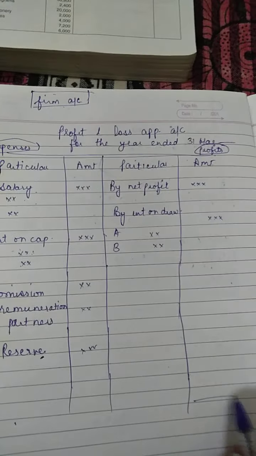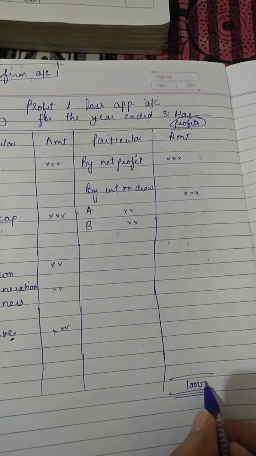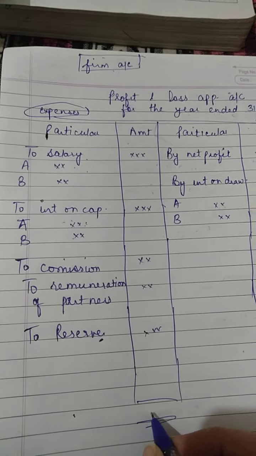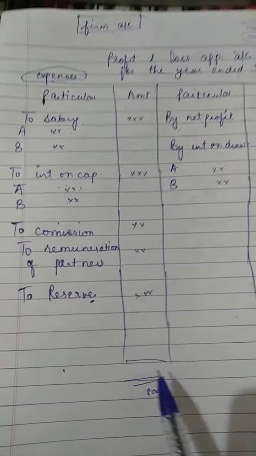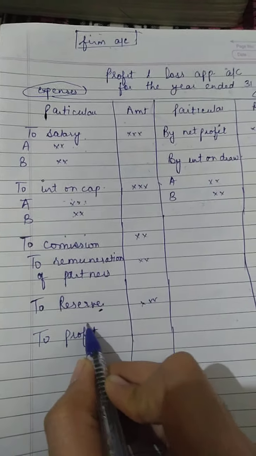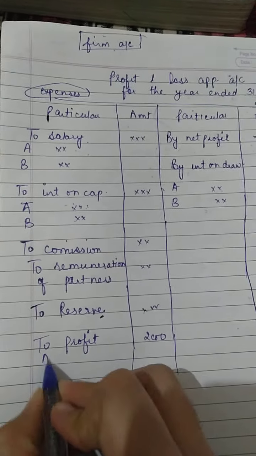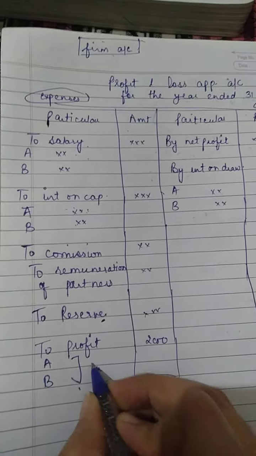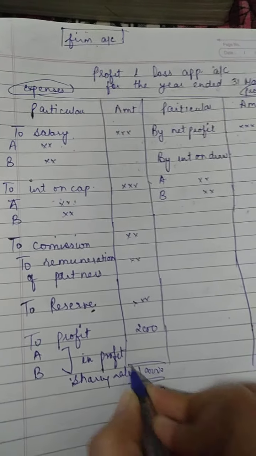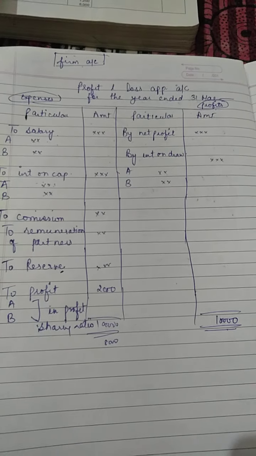What you have to do is add all these items. For example, it came to 10,000. Then add all these items on the other side; say it is 8,000. We have to write the greater one here. So the net profit would be 2,000, and this 2,000 has to be distributed among the partners in the profit sharing ratio that would be given in your sum. Now I'm going to discuss a sum with you related to this.